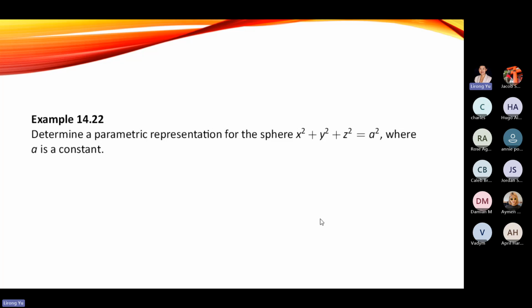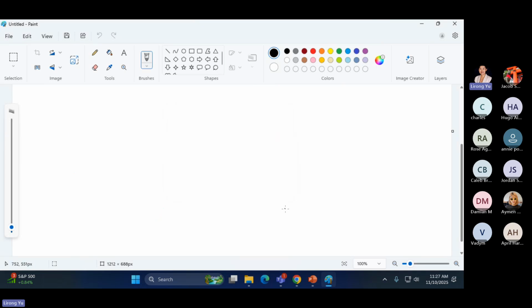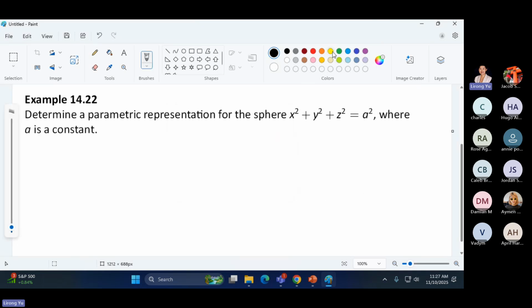For this, since we're looking at the surface of a sphere, spherical coordinates will be the best option if we are trying to devise an equation for x, y, and z. So if you remember spherical coordinates, x equal to rho sine phi cosine theta. x equal to r cosine theta, r equal to rho sine phi. That's how I remember it, so that it has a little bit of connection to what we learned in polar coordinates. So x equal to rho sine phi cosine theta, rho is supposed to be the radius, but the radius equals a, so just a sine phi